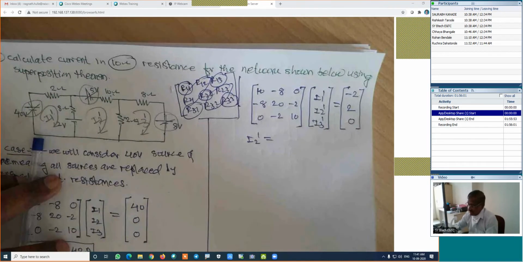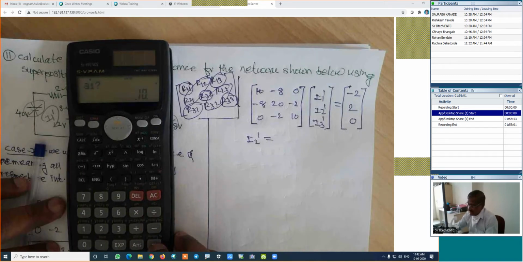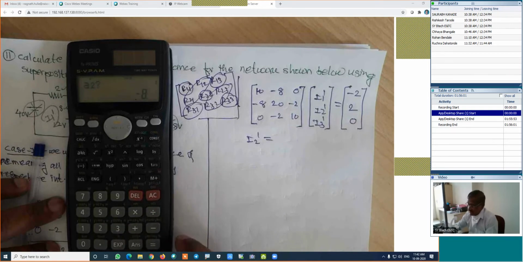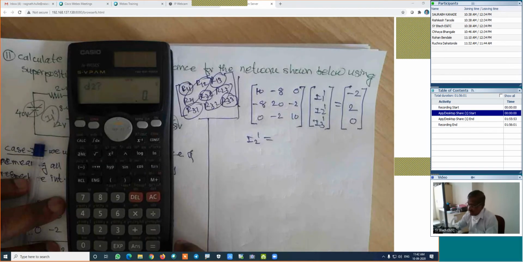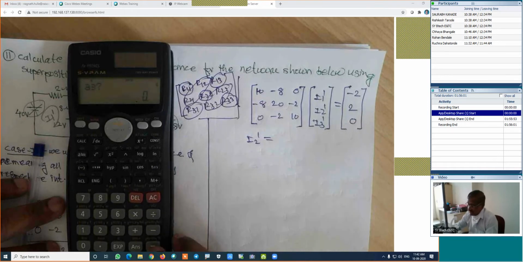Look at here. Everything is available in my calculator. A1 का वैल्यू already है which is 10, B1 का वैल्यू -8 है, C1 0 है, और D1 का वैल्यू मुझे change करना पड़ेगा. This will be -2. A2 का वैल्यू -8 है, next value 20 है, next value -2 है. The next value, which is D2, इसका वैल्यू मुझे change करना पड़ेगा, which is 2. Then A3 is 0, then it is -2, then it is plus 10,